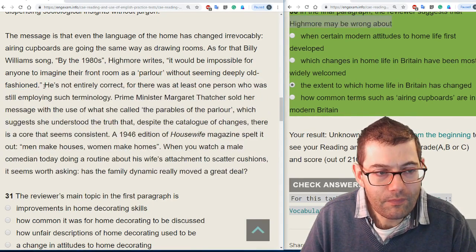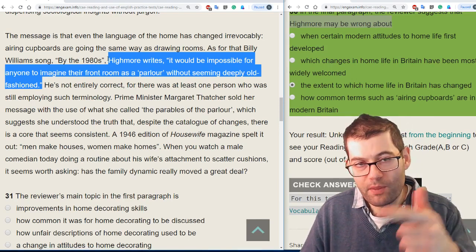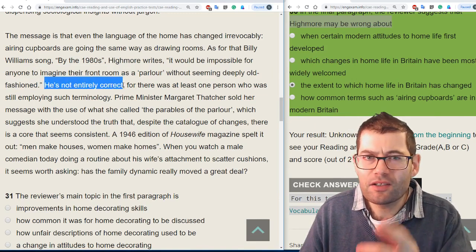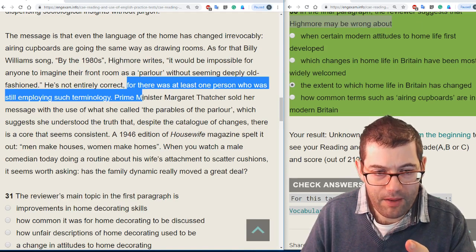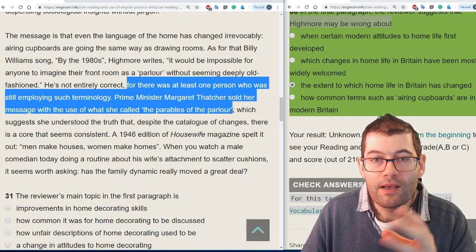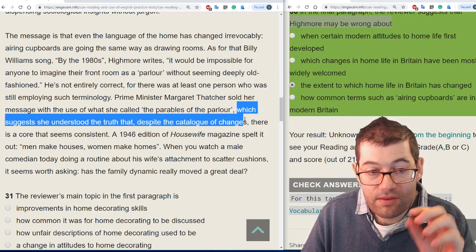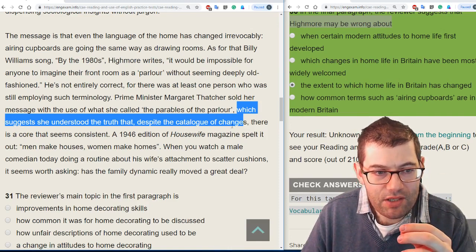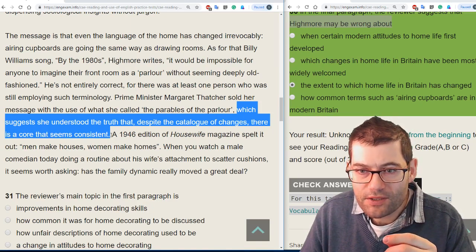So Highmore says that what people thought in the past, if people think that way now, they are old-fashioned, and then the author of the article says he's not correct, which connects to our question. And then he gives you an example of Prime Minister Margaret Thatcher, who talked about her parlour. And then the author goes on to explain, which suggests she understood the truth, the author's opinion: despite the catalogue of changes, there is a core that seems consistent. In other words,